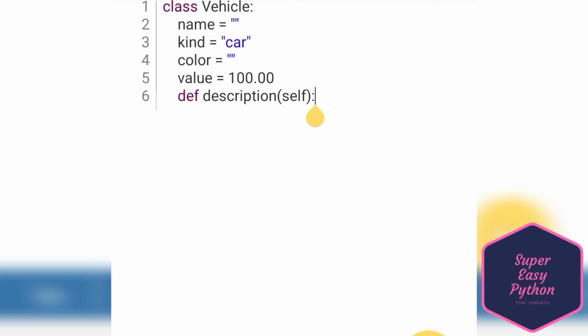Don't forget the colon. And then the description of string: desc underscore str equals to, modular s is a, modular s, and then modular s again worth, and then dollars, like this, yes,